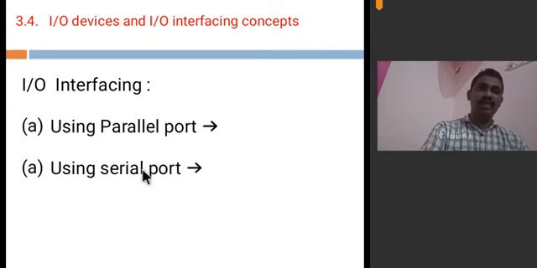But in serial interfacing, you need a minimum number of wires. That is, you can transfer data with the help of 2, 3 or 4 wires only. In serial interfacing, a single bit is transferred at a time. You are transferring bit by bit in the serial port interface. But in parallel port interfacing, you need more pins for interfacing. It requires more space, but it takes less time. Serial takes more time for transferring data from one place to another.